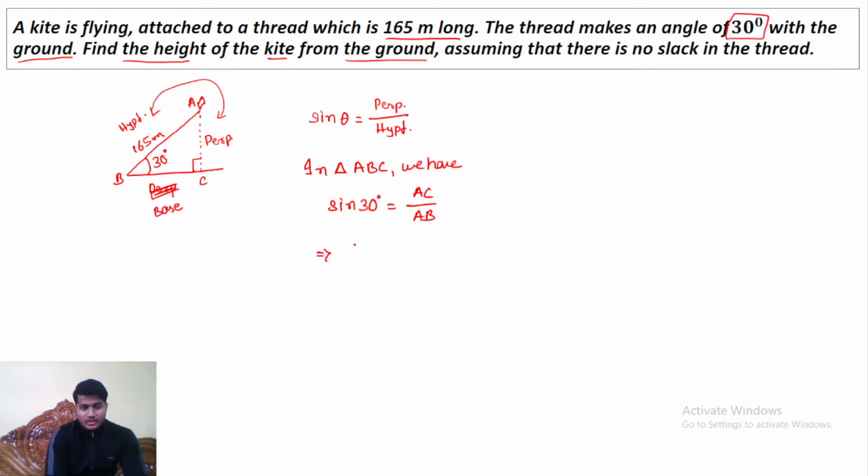The value of sine 30 degree is 1 by 2, and AC is not given, the height of the kite from the ground, which we need to find out, and AB is given as 165 meter. So from here we are getting that AC is equal to 165 meter by 2, which is equal to 82.5 meter, and this is the required height of